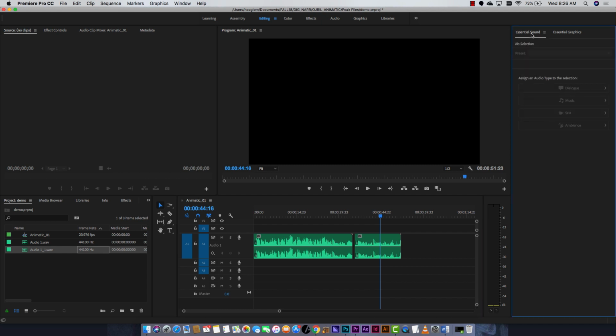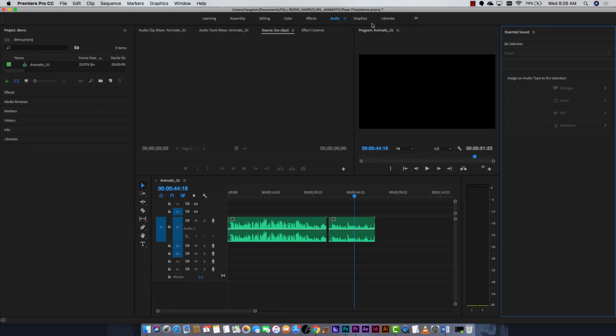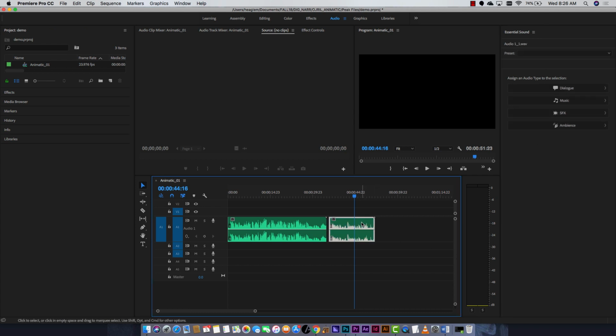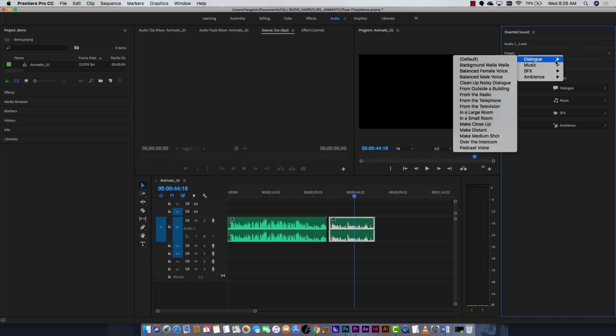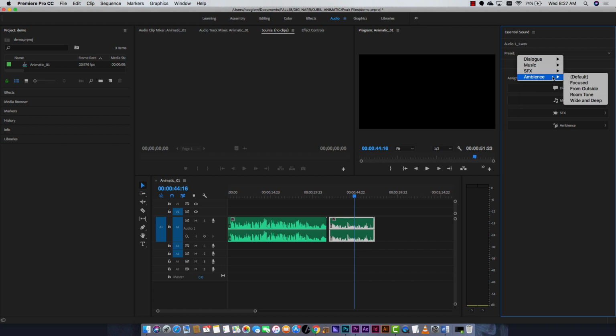So under our sound panel, and if you don't find it, you can always go over to the audio preset here, and then that Essential Sound panel will pop up. When you click on one of your files in here, you'll see that some presets become available. We've got dialogue, music, sound effects, and ambience. And they're basically little